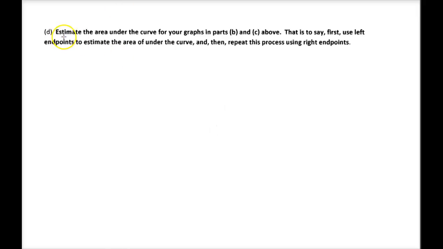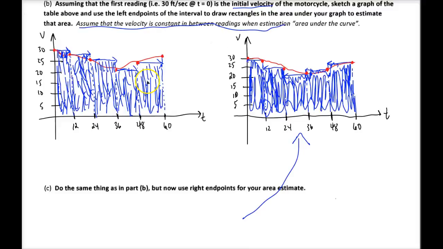So for part D, it says, estimate the area under the curve for your graphs in parts B and C. And so that is to say, first use the left endpoint estimate to estimate the area under the curve, and then repeat this process for the right endpoint estimate. And of course, we'll do that by basically adding up the sums of all the areas. So we're just going to say the area of the left hand sum or left endpoint estimate is just going to be,